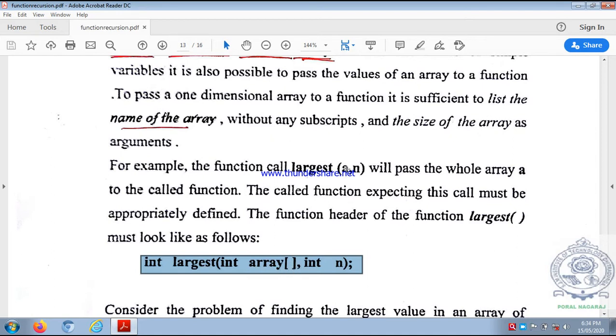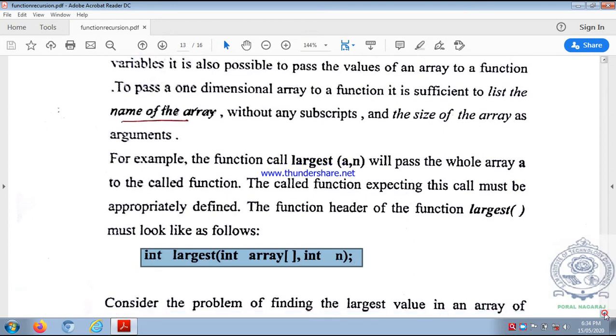This is corresponding to a, int array[], comma, corresponding to n, the second actual parameter, the formal parameter is int n. Semicolon, because this is the function prototype or function declaration. If it is a function header, this semicolon should not be there, that you have to observe. If a semicolon is there, it is a function declaration or function prototype. If a semicolon is not there, it is a function header.